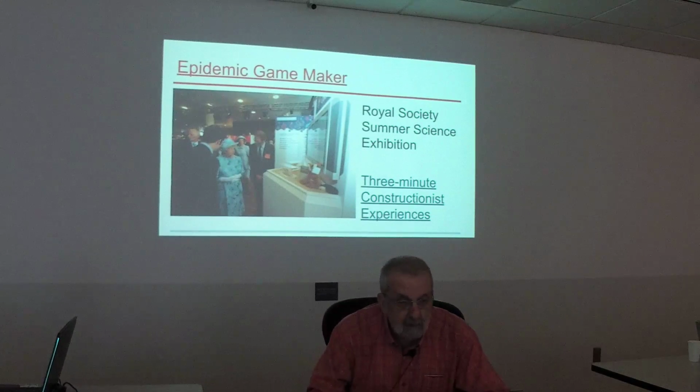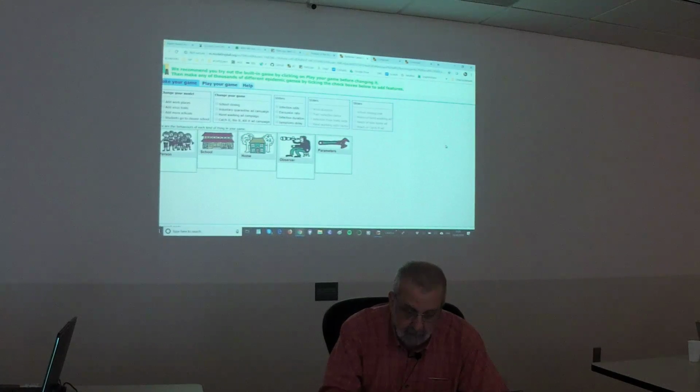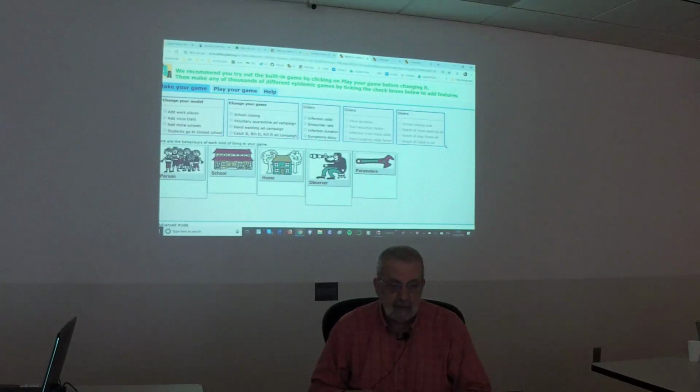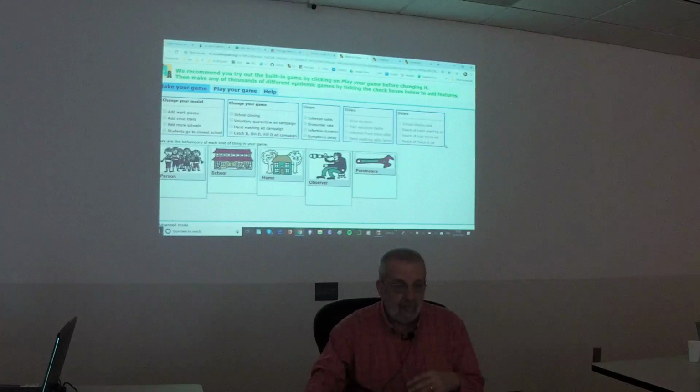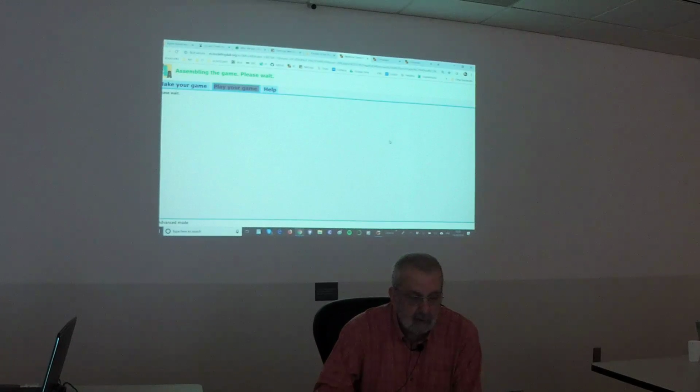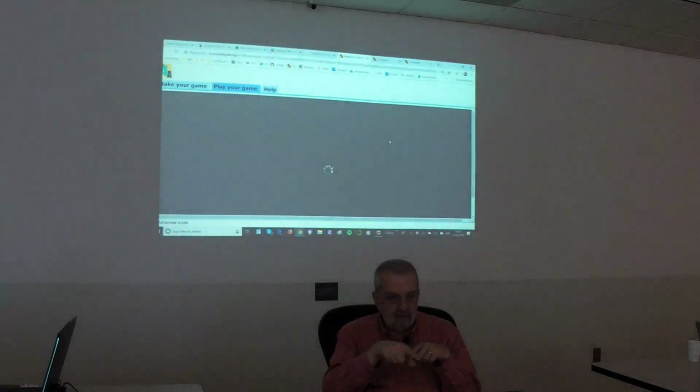And let me show you what we built, because the important idea here, maybe I should zoom in a little bit even, was to give them a flavor for not just running and seeing agent-based models, but a little bit of a taste of actually designing or building them. So if you just click here to play the game, it started off with the most basic kind of epidemic model. The first time it's loading a lot of stuff, I should have tried to preload it. And what we've done too is we've hidden a lot of the details, but at the very bottom,